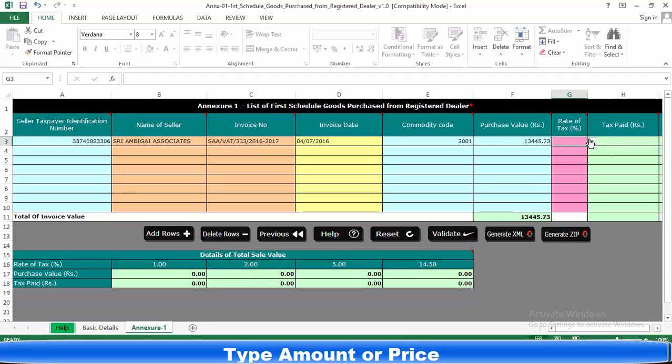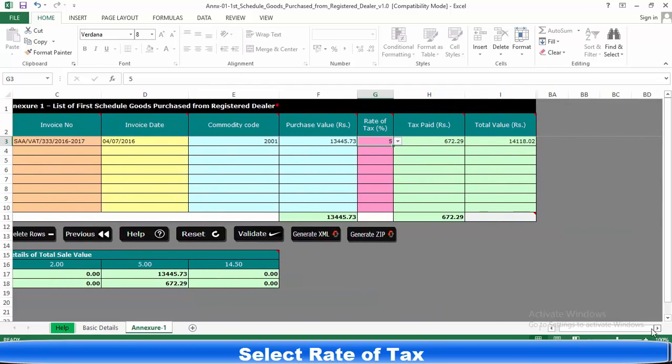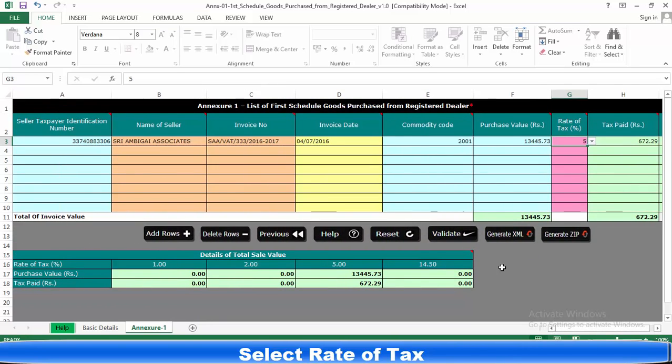Then select what rate of tax you want to pay: 1%, 2%, 5%, 14.5%. I am selecting 5%. The amount we have to pay is generated automatically. You can see both columns generate automatically.